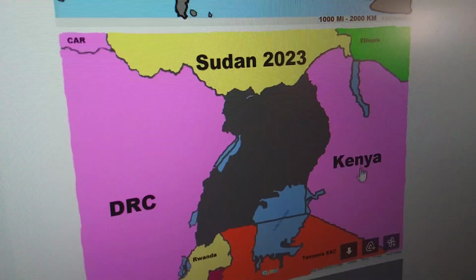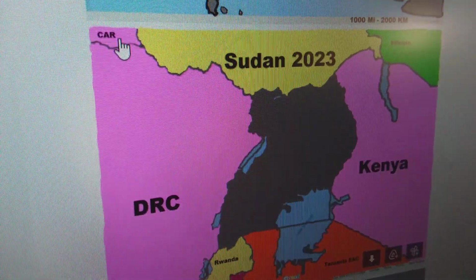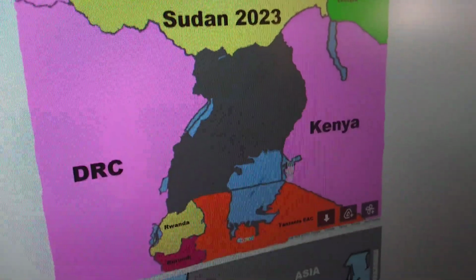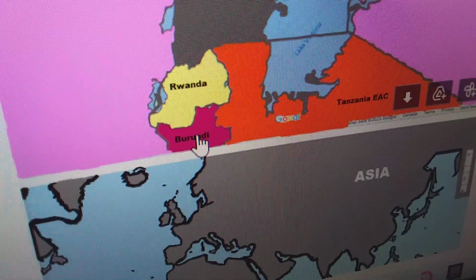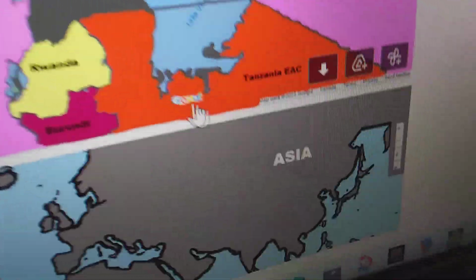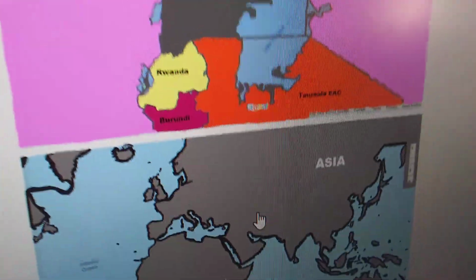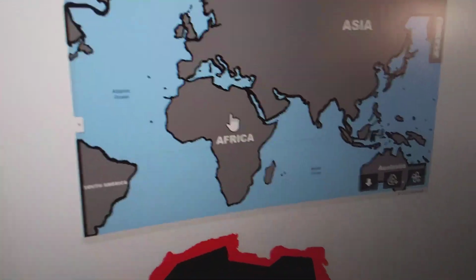So we designed halfway Kenya, halfway DRC, halfway Sudan, halfway Central Africa Republic, and then halfway Ethiopia, and then Tanzania halfway here. We have Burundi halfway there. We have Rwanda in full. We have, that is Google, actual Google plans which we have, and then on occasions that is the occasions of